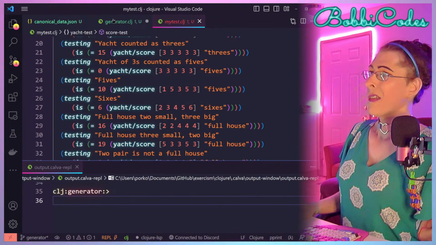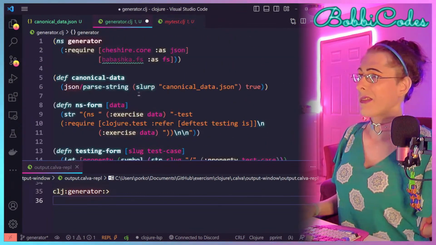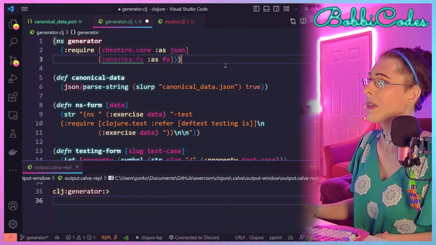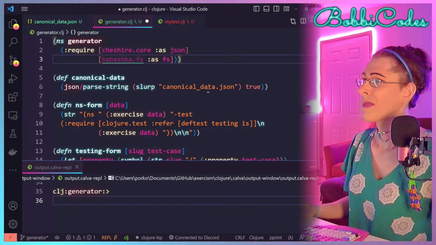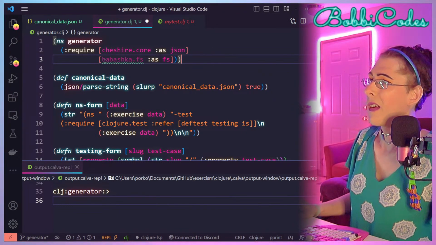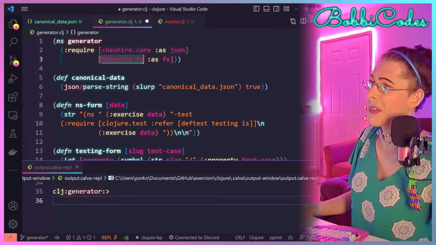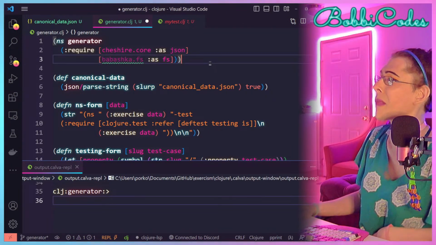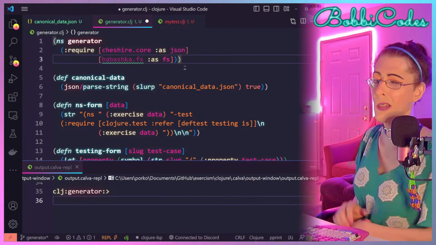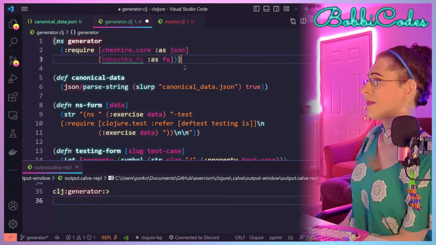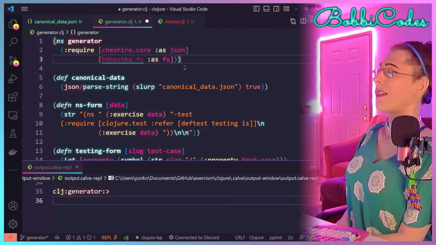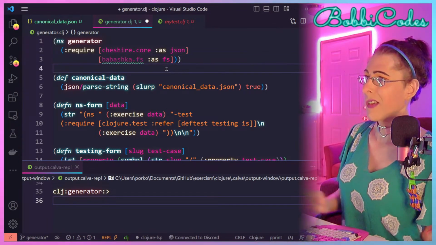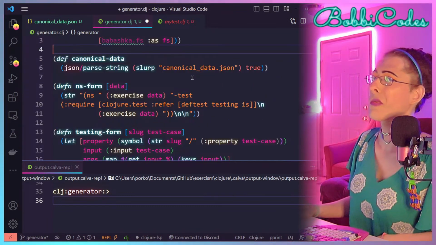So here's what, I'll just kind of take us through it. I'm connected to the REPL here. And I'm requiring Babashka FS, the file system utilities, because at some point we are going to want to create the directory structure. I was actually thinking of maybe doing that now. No, first I'll go through what we have.